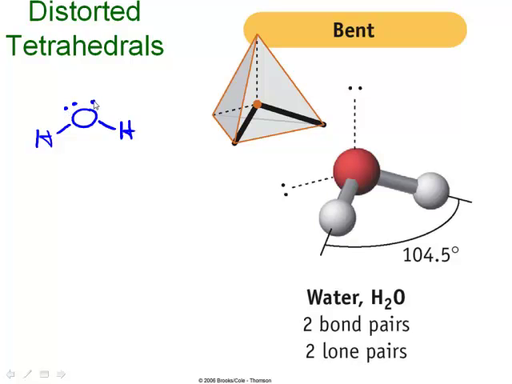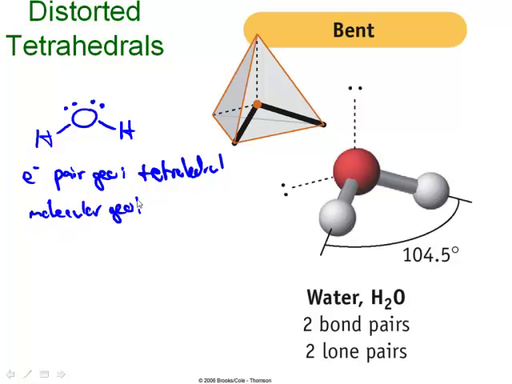Here's the Lewis structure of good old dihydrogen monoxide. If I look at it, how many bonding pairs of electrons does it have? It has 2. How many non-bonding pairs? How many effective pairs total? 4. Because it has 4 effective pairs of electrons, the electron pair geometry for this guy is tetrahedral. But the molecular geometry, if we're looking just at how the atoms are arranged, this guy is bent. If you take a look at the model,